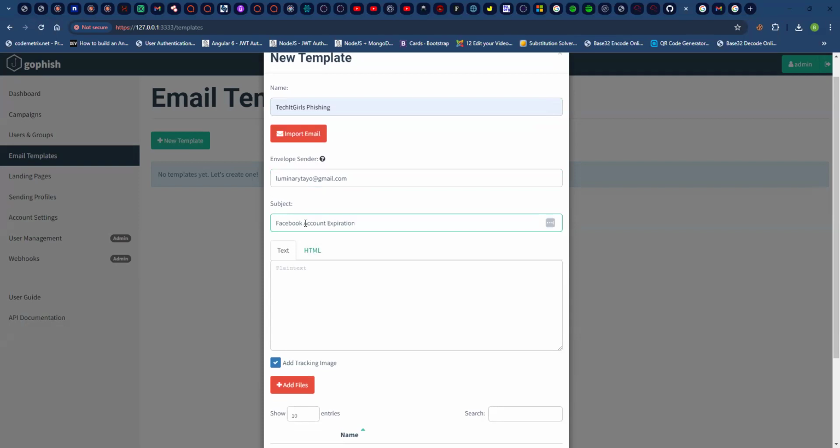Now, if you read about social engineering, there's no one size fits all when it comes to social engineering. There's no one proven technique that's going to work on everybody, right? So you need to know how to craft your attacks carefully. You need to know what people want to click on and what they will not want to click on. And part of that boils down to the kind of subjects you use.